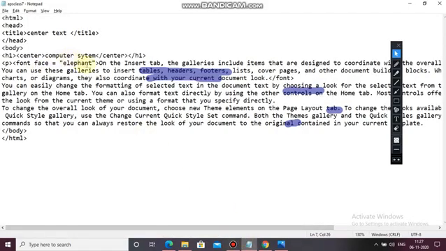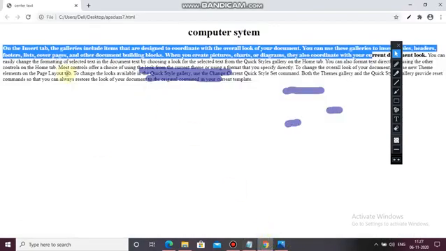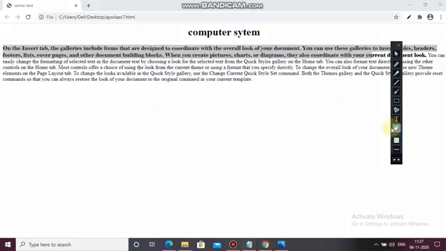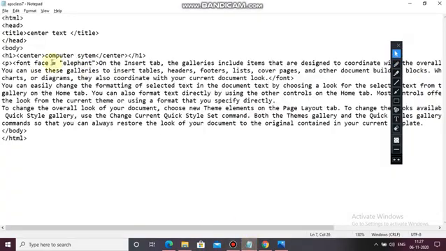So here I want to change the size of my text. In regular font the size is this, a normal one. Now I am going to change it. Now here instead of face I am writing size, font size equals double inverted comma 5.